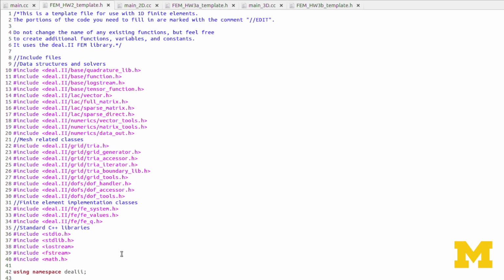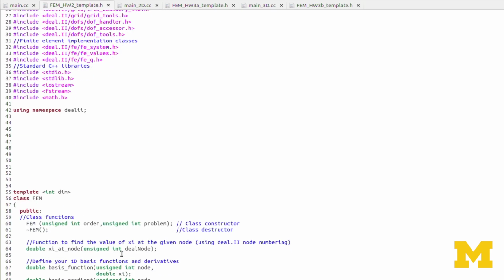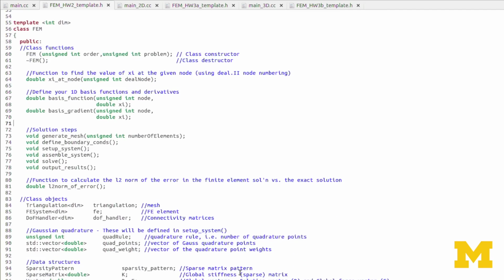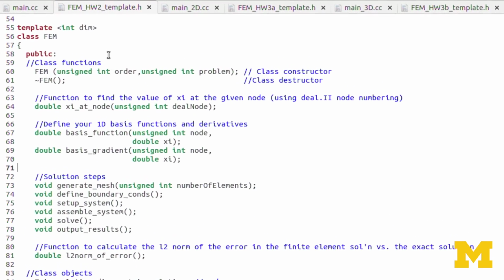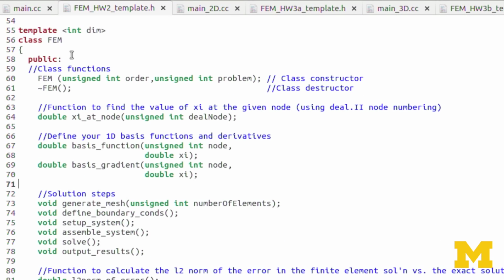Now let's scroll down to the declaration of objects. I've created everything as public, so that means we can access all of these objects and functions from the main.cc. To begin with, here's our constructor, and we've already seen this constructor in main.cc.